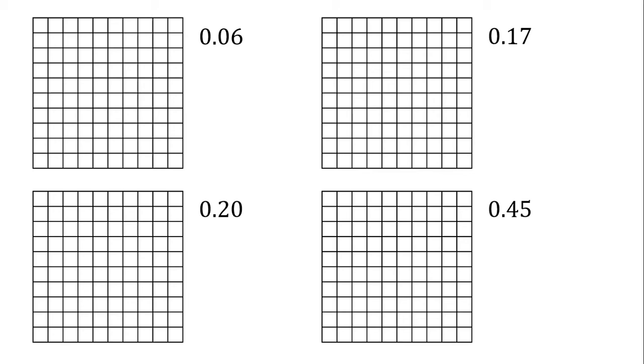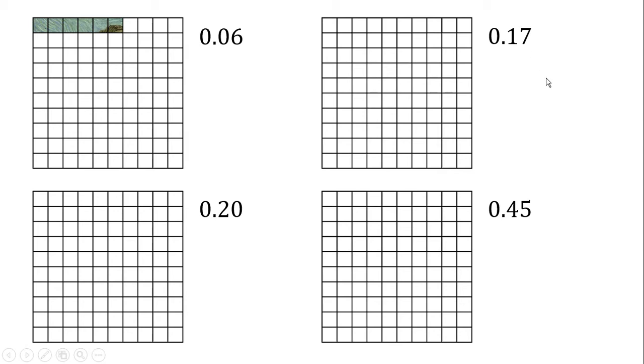Welcome back. Let's see how you did. In the top left, we have 0.06. So how many should you have colored in? Well, 6. Something like that. And I'm going to be using the same painting for each of these, and you're going to slowly see more and more of the painting, and we'll see who it is in the end. Okay, next one on the top right,